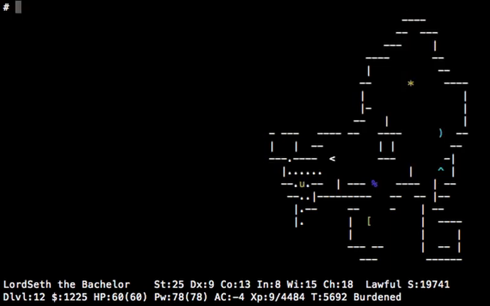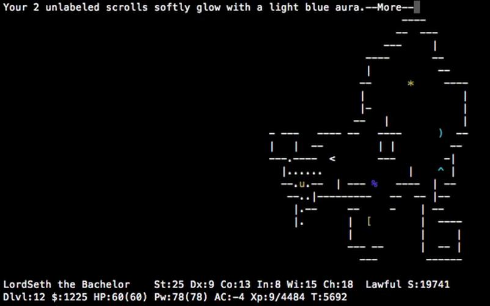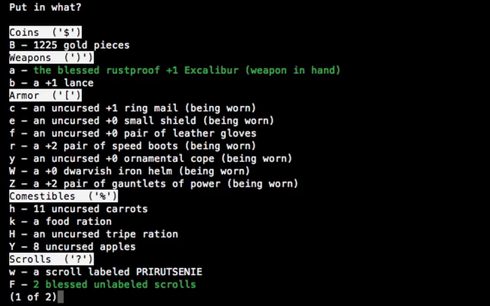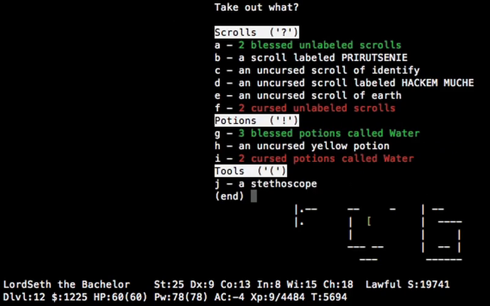Let's do this. Okay, we're going to dip these unlabeled ones into this to make them blessed. Now, well, never mind. I was trying to get rid of the weight, and I figured I'd use a magic marker on them, but then I realized that we're already no longer burdened. Although, come to think of it, and no, it's not blessed, but I feel...